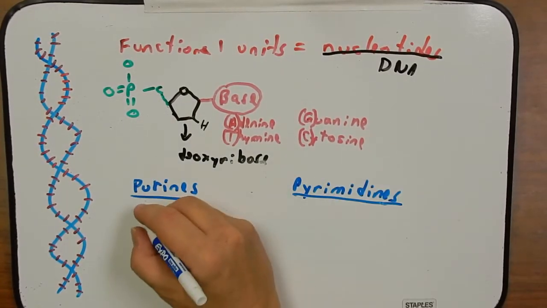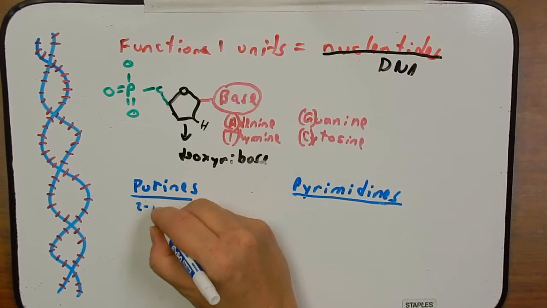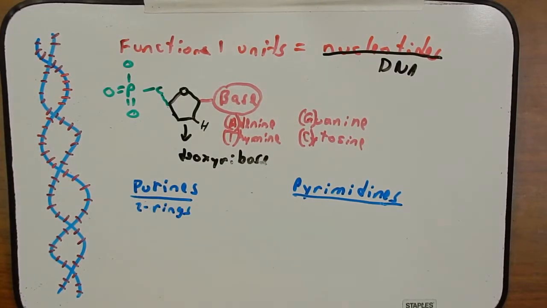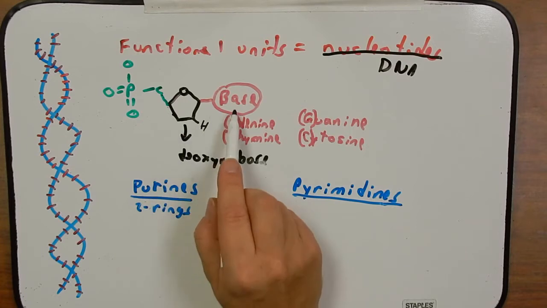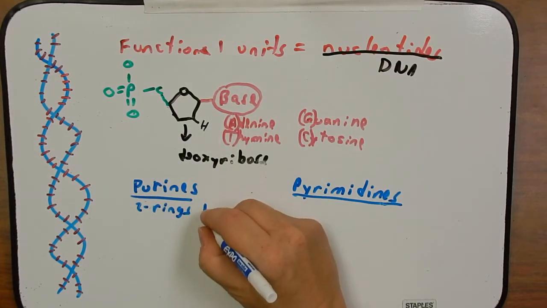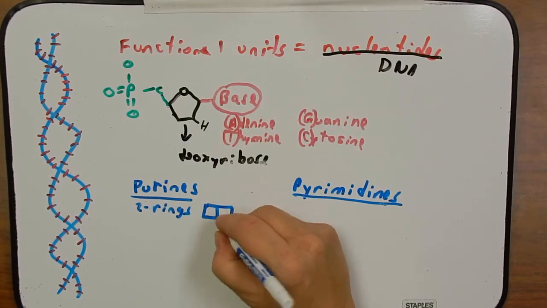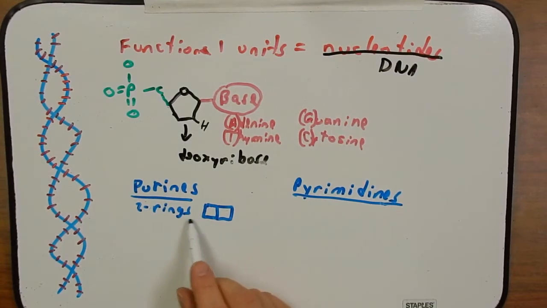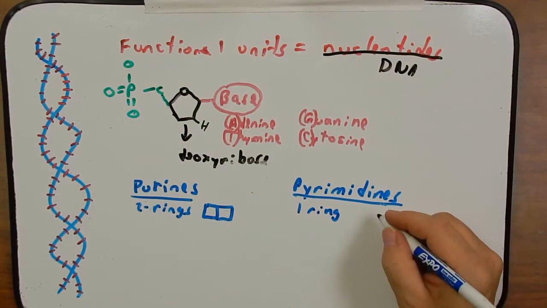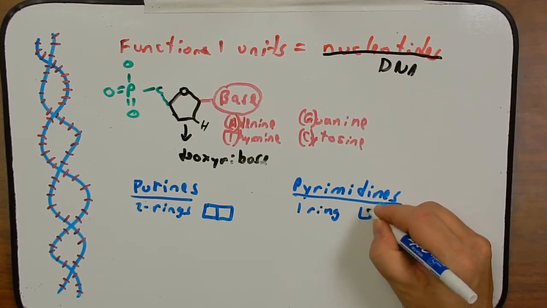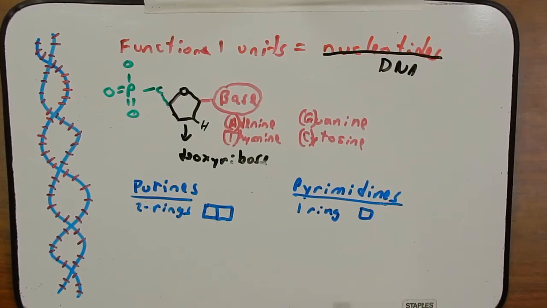Purines contain 2 rings. You don't need to draw them and know the actual position of all the atoms in it. But what I do want you to know is if I ask you to draw, say, a purine, or be able to recognize a purine, look for the two rings, and if you have to draw it, I would draw it like this. Just so I know that you know that purines have two rings. Pyrimidines have one ring. And so if you ever have to draw it in association here with a nucleotide, I would just draw it as one ring. I put a square there. You could do circles, just so I get the point that you know one ring versus two rings.